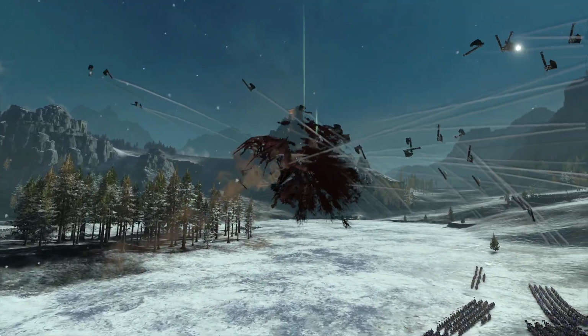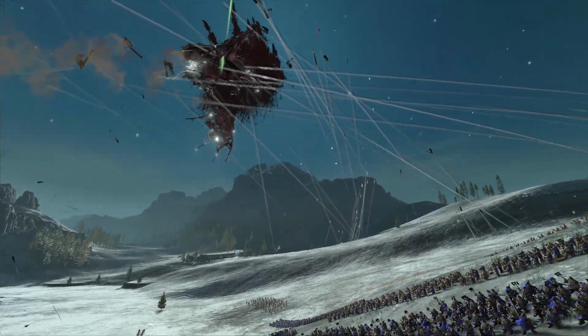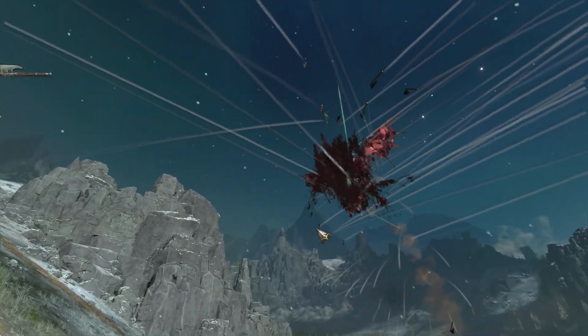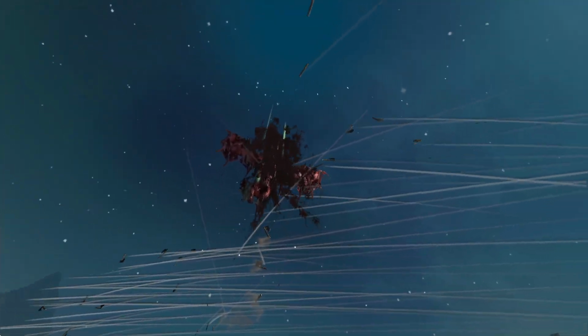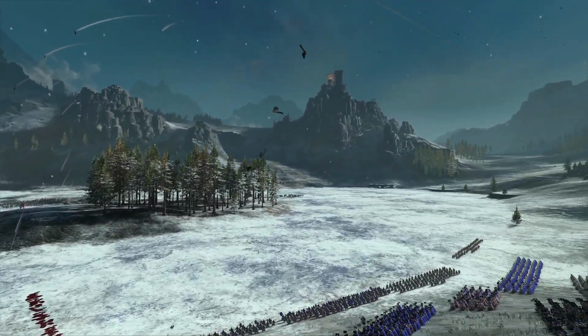Look at all those axes. I need to slow it down more when the axe rain starts to fall. He is dodging a fair amount of those, but a fair amount of them are hitting, and it just looks like a bloody blob flying through the sky. Oh man, and the axes that bounce off the unit...